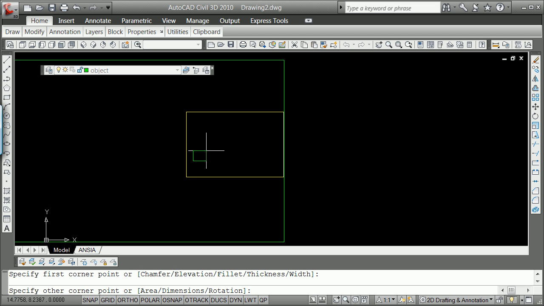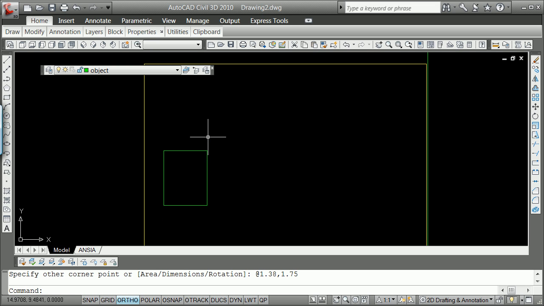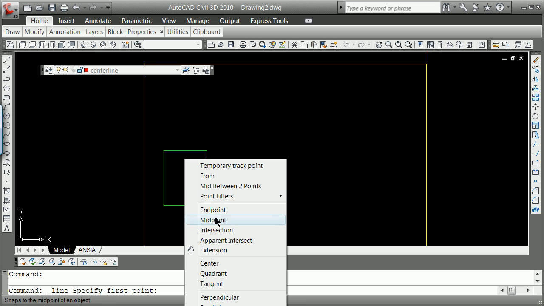because I just noticed that this box is not the same on either side. So this box, which more or less defines the ellipse, is going to be at 1.38 comma 1.75. So that's going to be defining my box, and now I can, if I think about it, draft in a set of center lines from the midpoint to the midpoint. Shift right click midpoint,